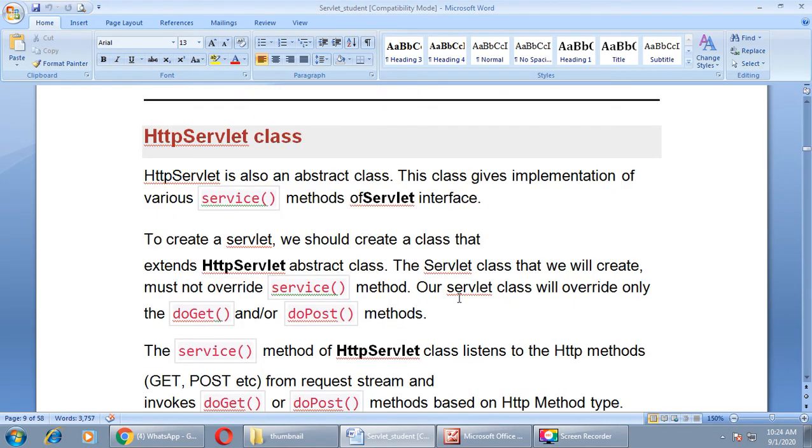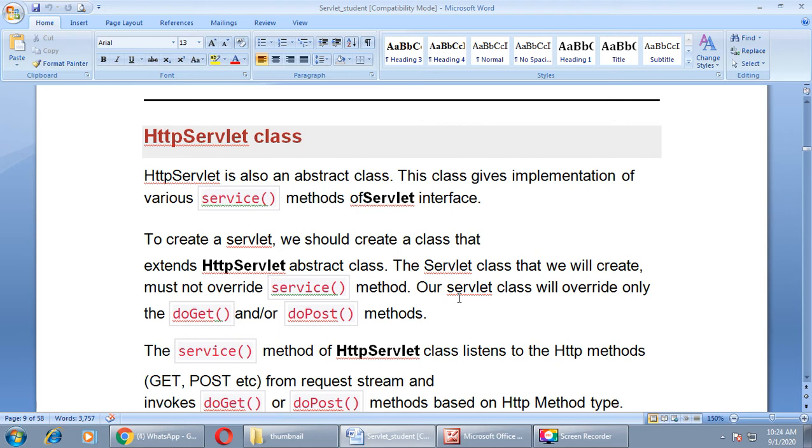HTTP servlet class. HTTP servlet is also an abstract class. This class gives implementation of various service methods of the servlet interface. To create a servlet, we should create a class that extends the HTTP servlet abstract class. The servlet class that we create must not override the service method.